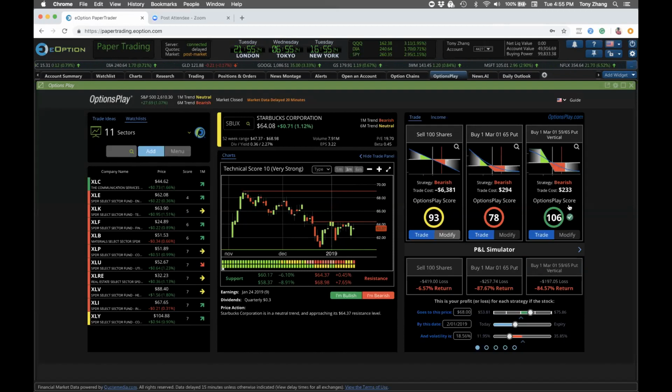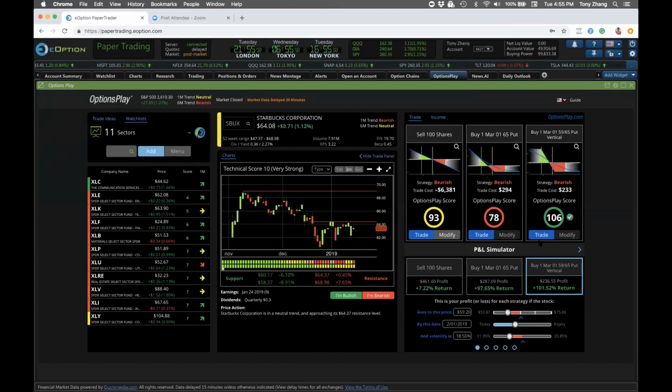And a lot of people ask me, what does that mean? The answer is, what we're looking at is how much money you can potentially make and how much money you can potentially lose, weighted by probabilities to give you a true sense of the risk to reward of each strategy. Because this strategy here on the right gives you the smallest amount of loss if you're wrong, but at the same time gives you the highest profits if you're right, that's why we have a higher options play score. We're minimizing risk while maximizing your return. That's what the options play score is telling you: how well balanced that risk to reward truly is.